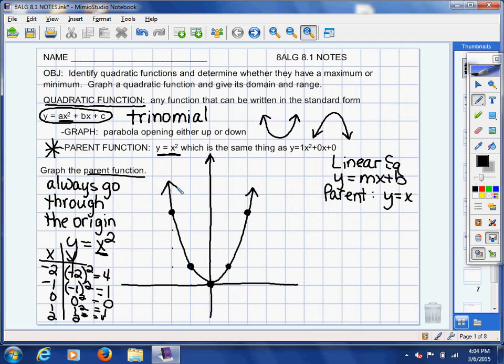For linear, remember, it's a straight line. It's going to go through the origin. I didn't mean to do that line, so just ignore that. So y equals x. So anytime I plug in -2, y is the same thing. -1, y is the same thing. 0, 0, 1, 1, 2, 2. So it should be a straight line. -2, -2,